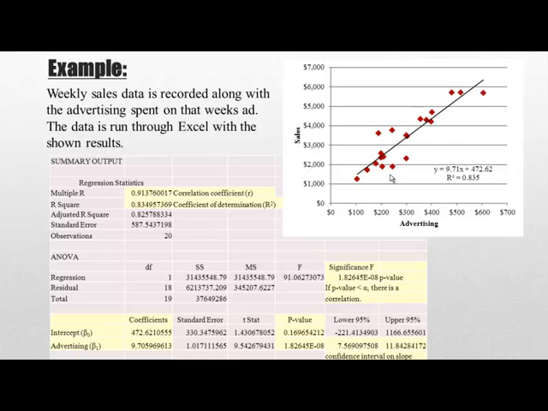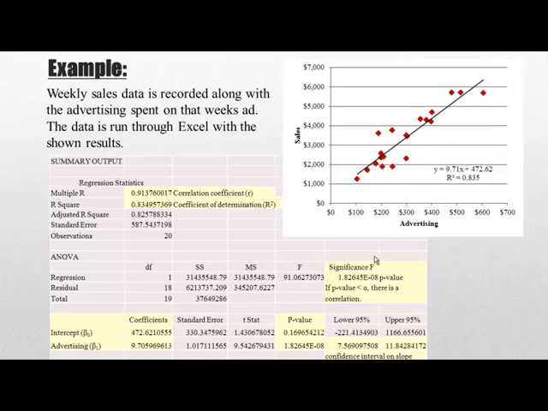We can see from our R-squared value that 84% of our variation in sales can be explained by knowing the advertising. We know that our R value is 0.91, and we know it's positive because the slope is positive. We know our R-squared value is 0.835, as it shows over here as well. We know the equation for the line is $9.71 X plus 472.62,